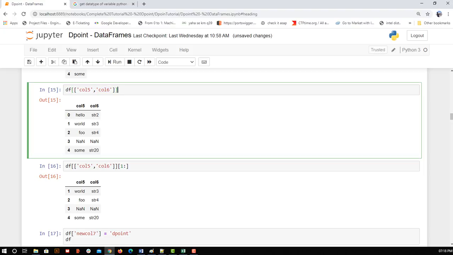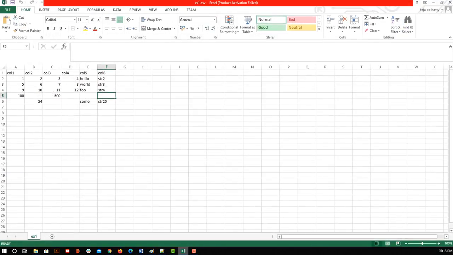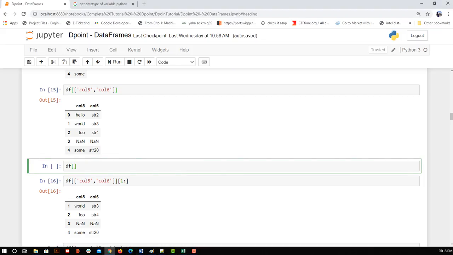Now we will see how to access rows. So let's keep df as it is. When I am trying to access rows, I first mention the column. If you look at the Excel sheet, if I click on this, what is the first thing that you can see? A is nothing but a column name. So first it is getting the column and then it is writing the row. D2 means first is the D column and the 2 is the row. So that's what we are doing here: I am first mentioning my column and then I am mentioning my row.